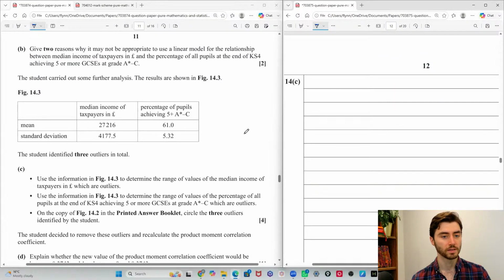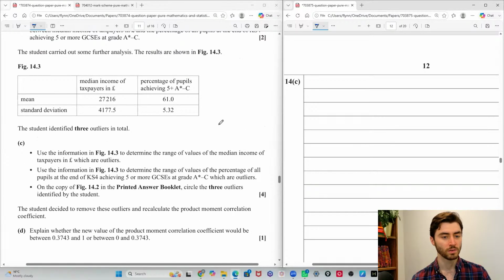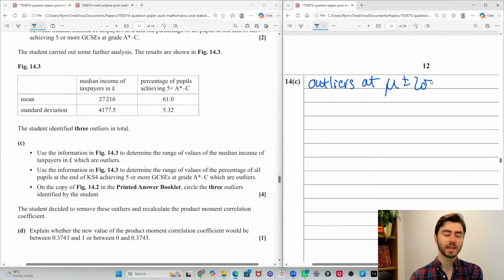Okay, so further analysis. Student identified 3 outliers in total. Use the information here to determine the range of values of the median income which are outliers. Median was this with the standard deviation. Normally it's Q3 plus 1.5 interquartile range, but we have mean and standard deviation. Sorry, apologies. In which case outliers are going to be at mean plus or minus 2 standard deviations, right? So upper limit would be